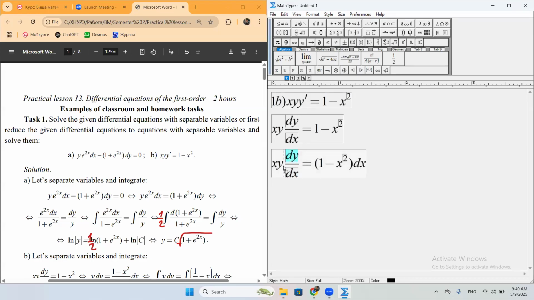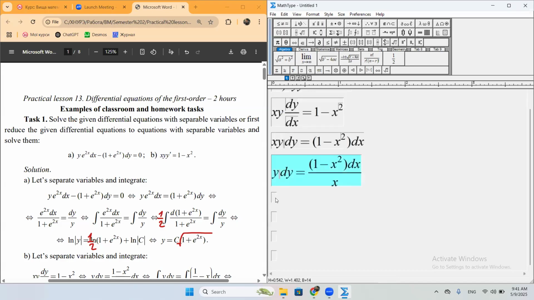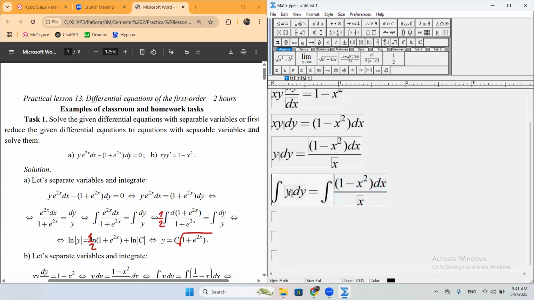So here I will receive xy dy. And also we will divide both parts by x. So we finished separating variables. So now we will integrate. So this integral will be equal to 1 over 2